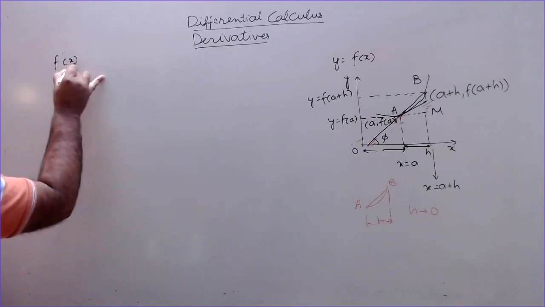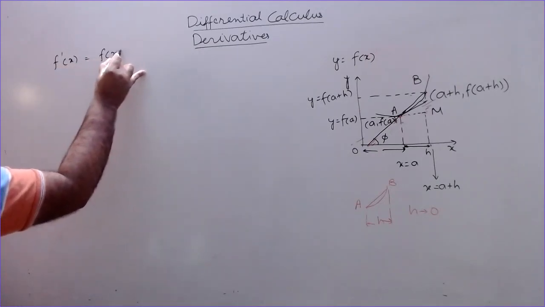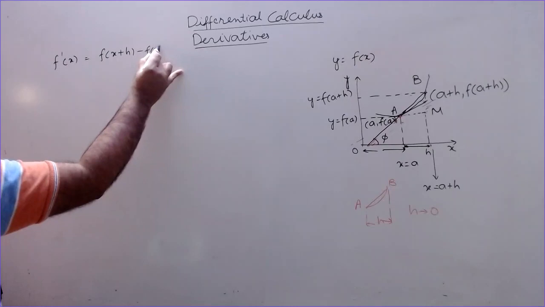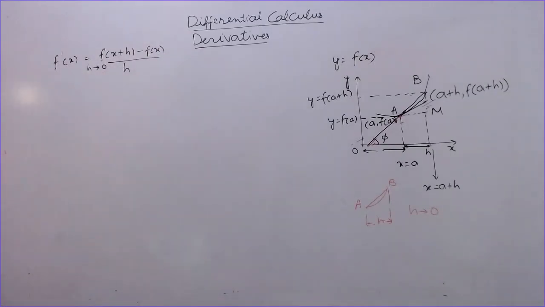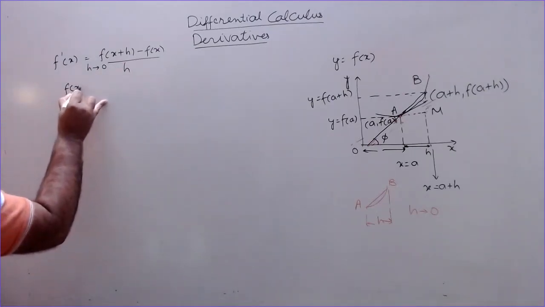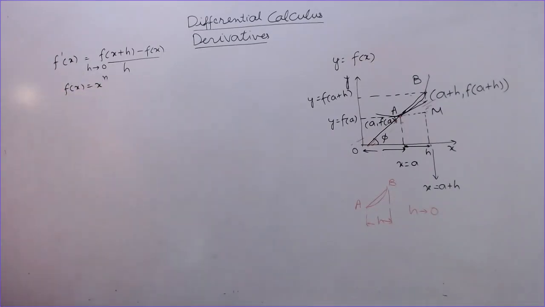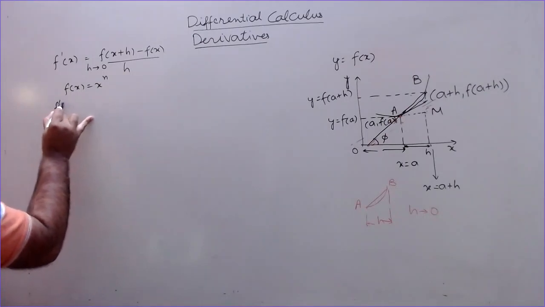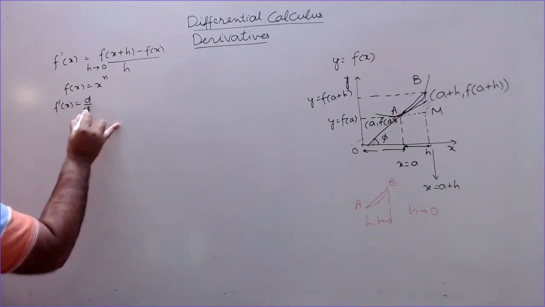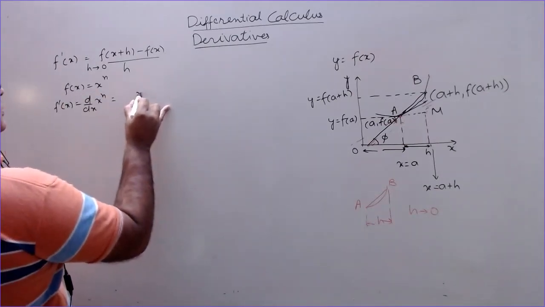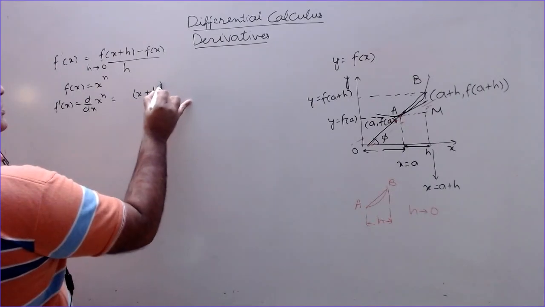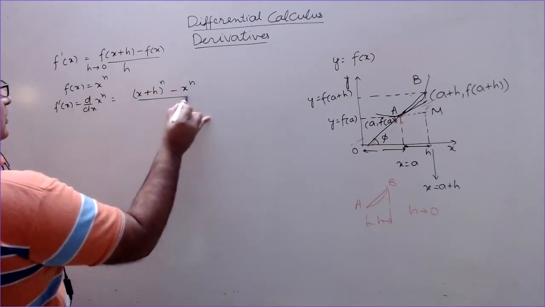f'(x) is the limit as h tends to 0 of [f(x+h) minus f(x)] divided by h. This is how a derivative is defined. Suppose I have a function f(x) equal to x raised to the power n, and I have to find the derivative. So f'(x), or d/dx of x^n, is equal to the limit of (x+h)^n minus x^n